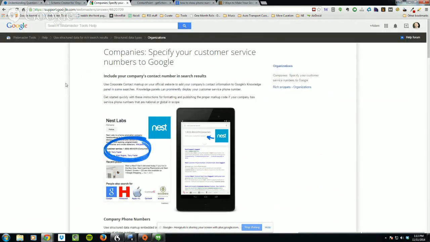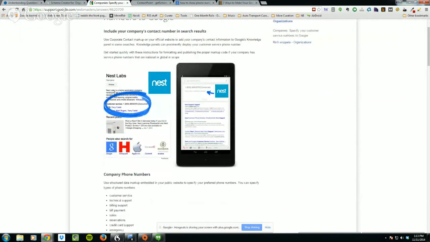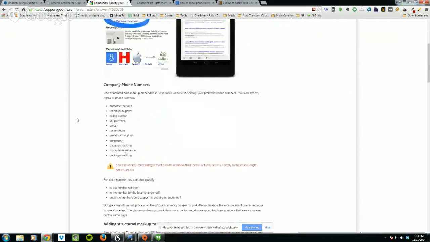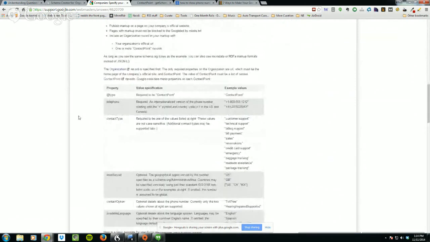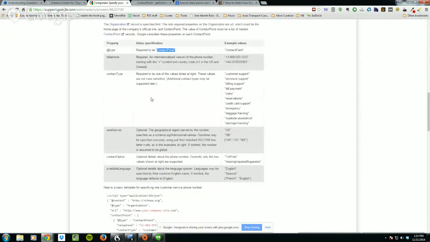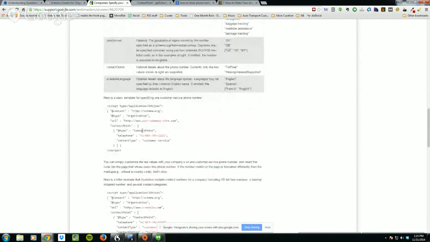So Google's even got a pretty good sheet listing it out, and they've used Nest in their example. So here's a search result. They've got a phone number here, and it says consumer. That just means it's probably their consumer contact point. If you scroll down, they say too, you've got to have your organization record specified, and then you've got your contact point, and that's all you have to have, is contact point, and then you define what the telephone number is. It could also be further listed as customer support, tech support, all this stuff. And they give an okay example,